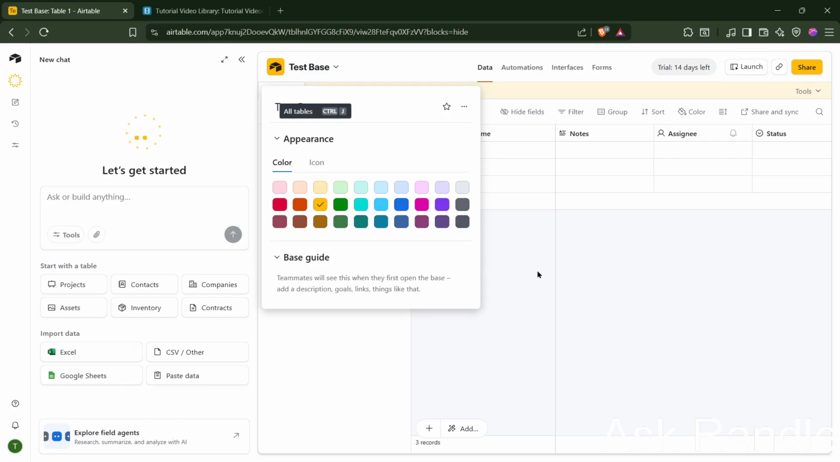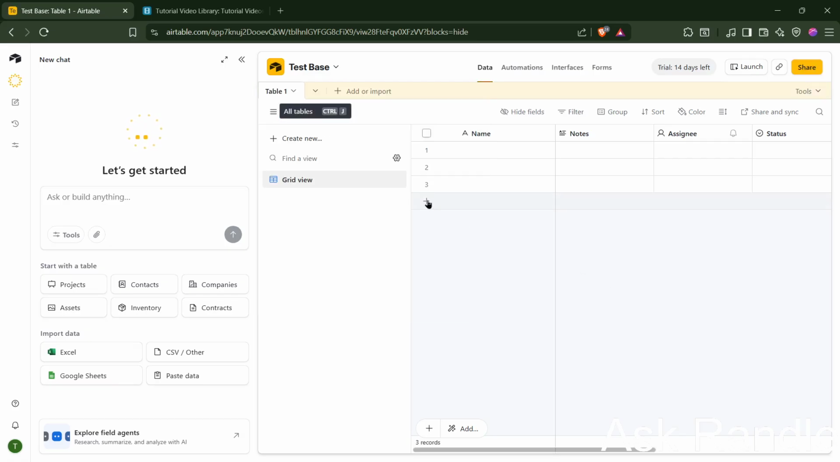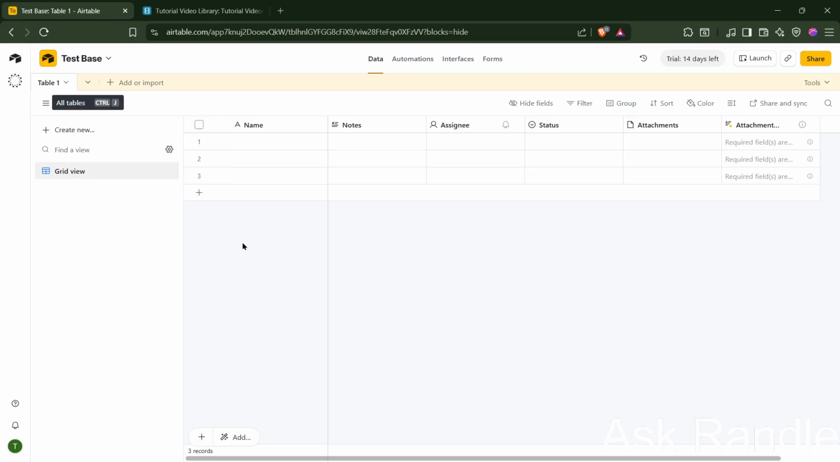Once you're happy with the name and appearance, click the button at the bottom of the dialog to create your base. Your new base will open immediately. You'll see it's already set up with a default grid view that looks similar to a spreadsheet. Airtable automatically adds a first table called Table 1 with a few default fields and 3 blank records to get